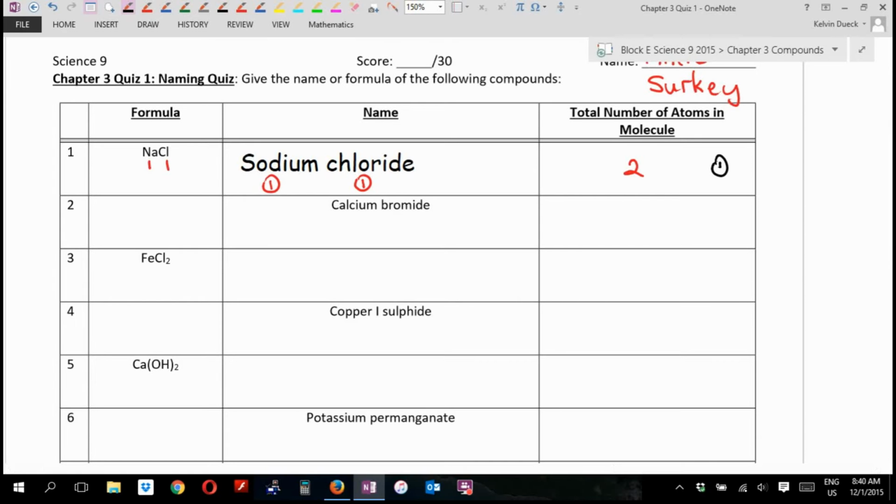Oh, calcium bromide. This is much tougher. What I'm going to do is write down off in the margin, or since I have room down there, calcium and its ion charge, which I think is 2+. I'm going to write down bromine. I know it becomes bromide in the name, and its ion charge. And then we had this thing that we called the crisscross rule. I think you're going to end up with